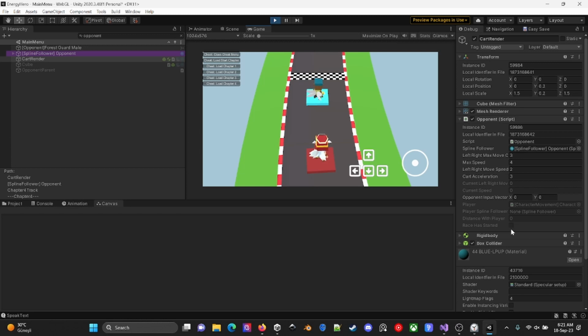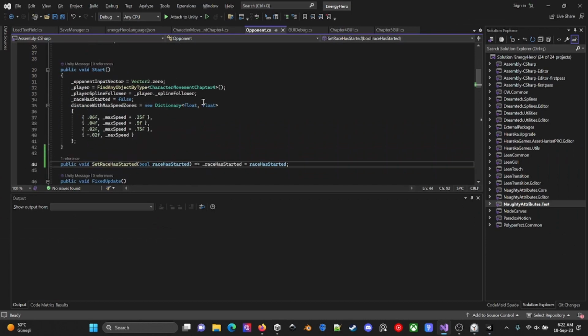The race has started. The Boolean is not triggered, as you can see in my opponent. There should be a reason for it, and let's investigate this one.